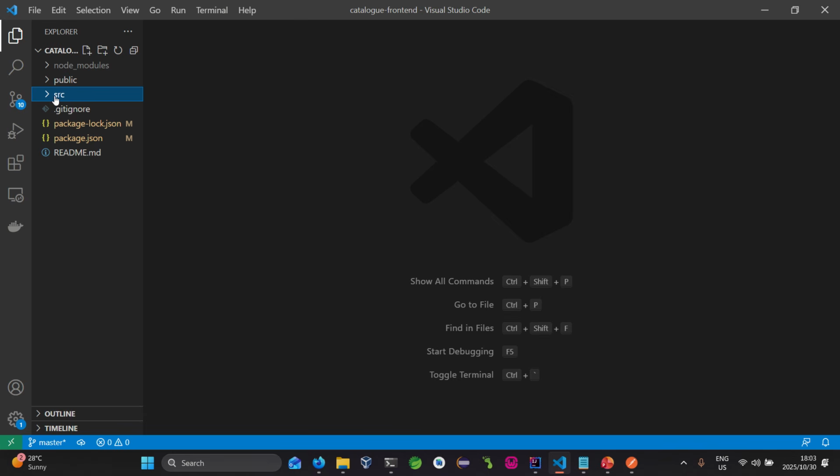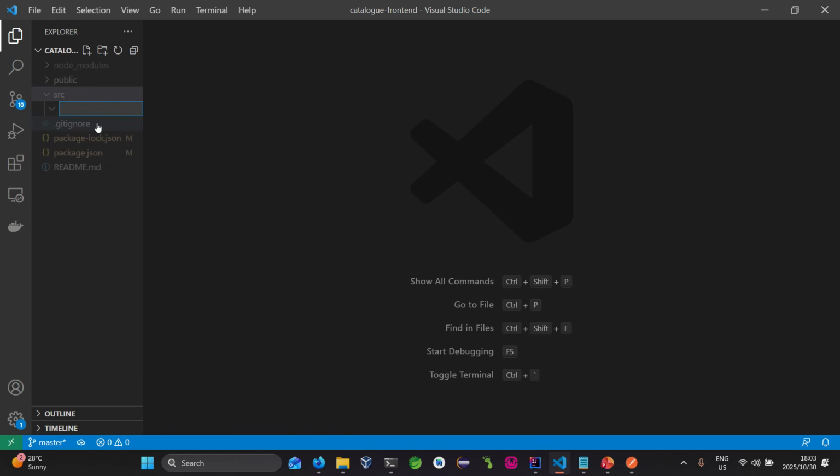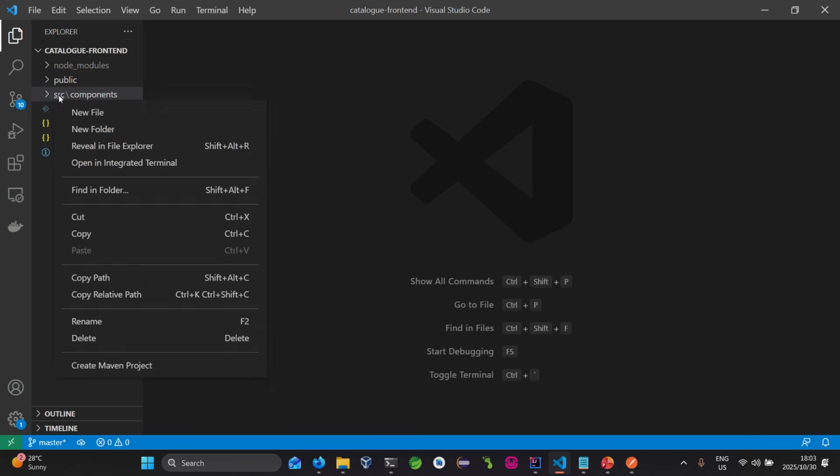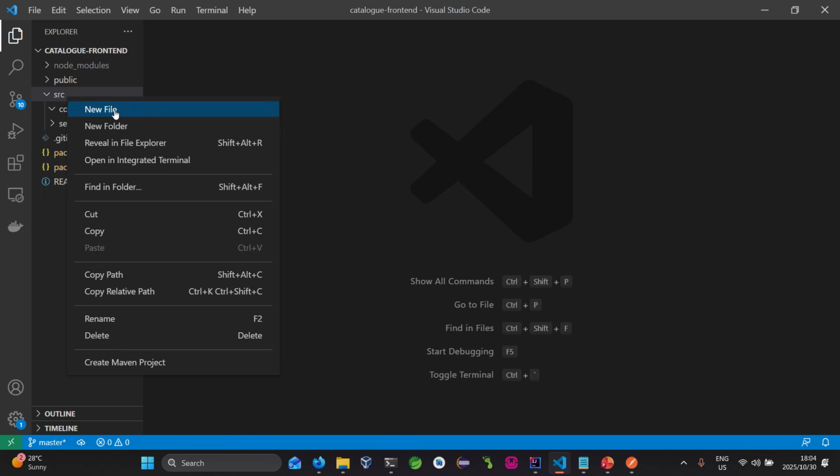Okay, so from here, now we can begin to create our first folder, which is components. So we need to create components. And then from here, now we create what? Another folder called services. Okay, so from here again, now we have two folders. So now we will need what? A file called